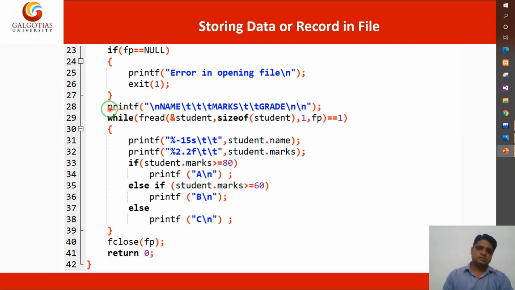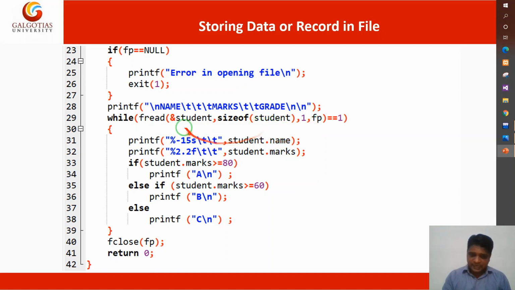Now this is the important task. For reading, I have used the fread function. What is the beauty of the fread function? It reads all 207 bytes at one time, and where does it read from? From the file pointer.